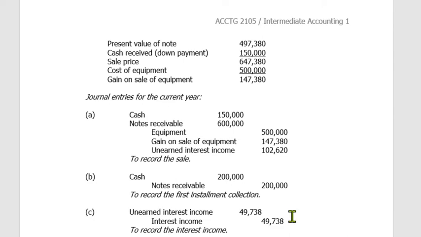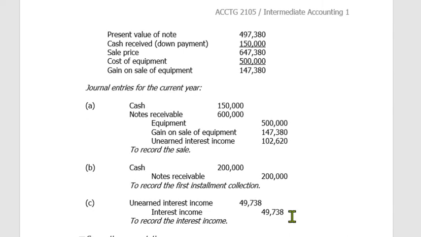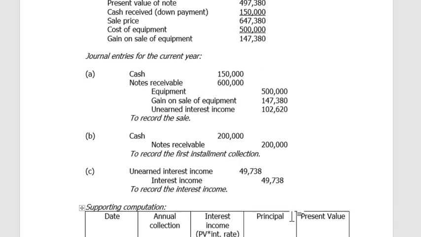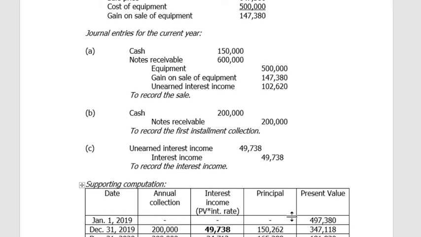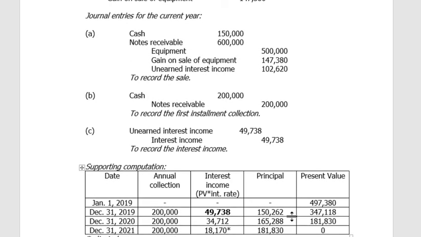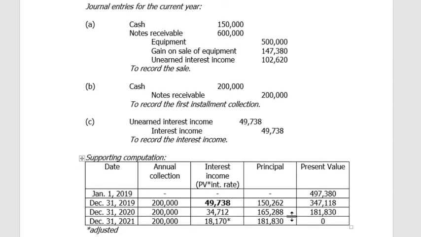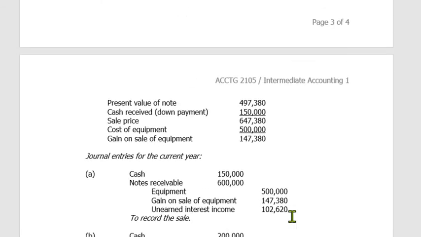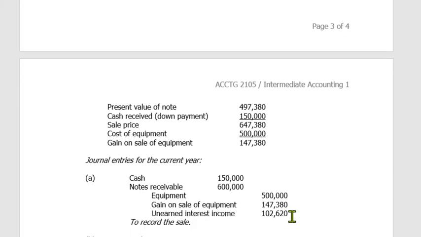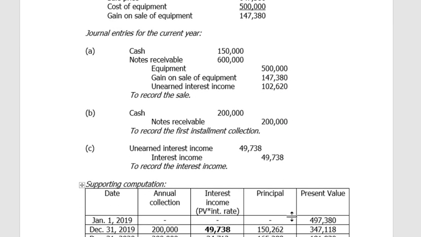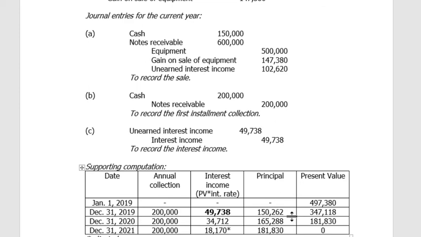Next, you record the first installment collection. So, nung nagbayad na siya, you debit cash, yung credit, notes receivable, 200,000. Next, you record the interest income. You debit unearned interest income, you credit interest income, 49,738. So paano na-compute yung 49,738? We allocate, how do we compute for these unearned interest income? Kasi ang sabi kanina, ang unearned interest income ay 102,620 for the entire period ng pautang mo. So, paano mo naman yan kukumputin ngayon using the